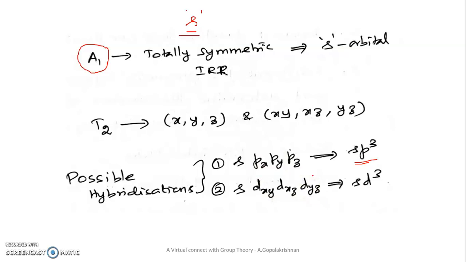But now using our basic chemistry knowledge, we have to identify which is the suitable hybridization for this molecule. Since the central atom is carbon, the valence shell of carbon has only s orbital and p orbitals, 2s, 2p. Therefore, we can say that sp3 is the correct hybridization for the methane molecule. Are you able to understand? This is not the correct hybridization for all molecules. For methane, it is okay.